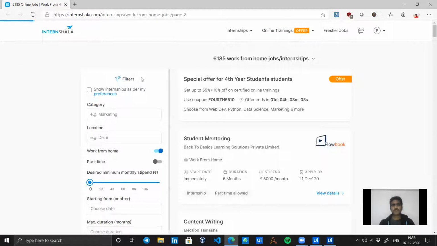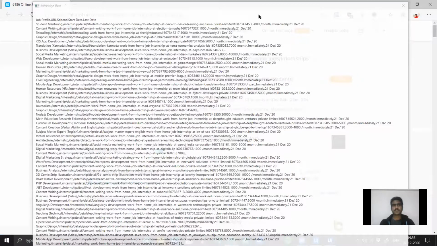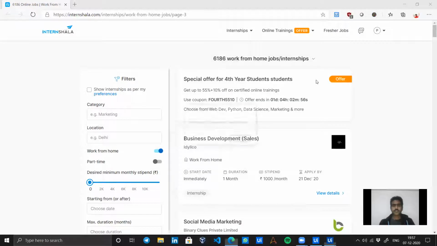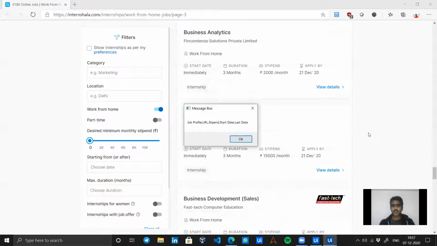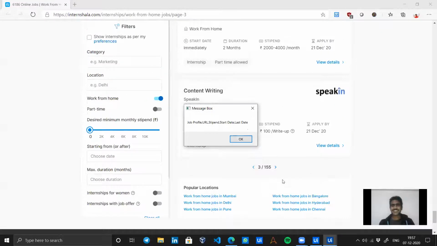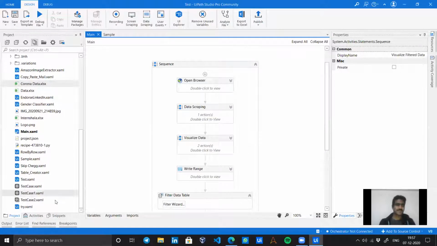Okay, so the bot went to the page, it is skipping through each page, 1, 2, 3. Okay, in 3 pages only it filtered 100 listings of data. Cool. Now let's close it, and it shows that there is no data this time, meaning in these 100 results, 3 pages, there is no job profile for my domain. Maybe I will run it later for all 155 pages. There must be something made for me.